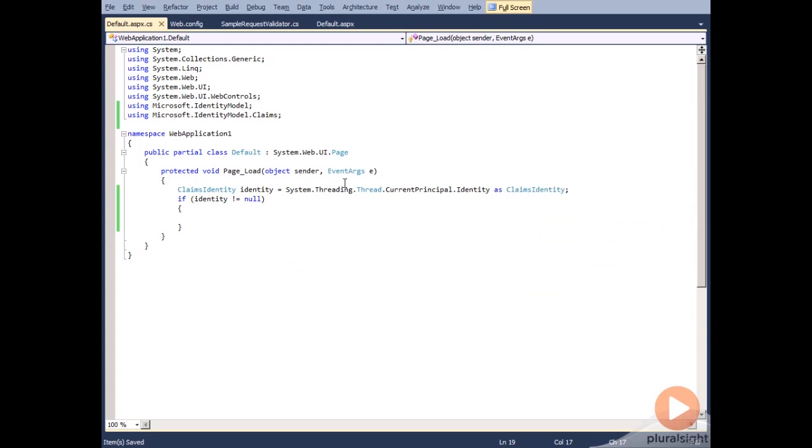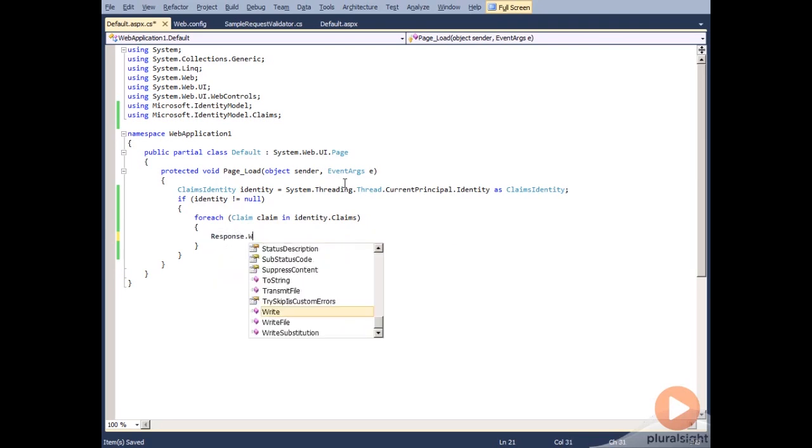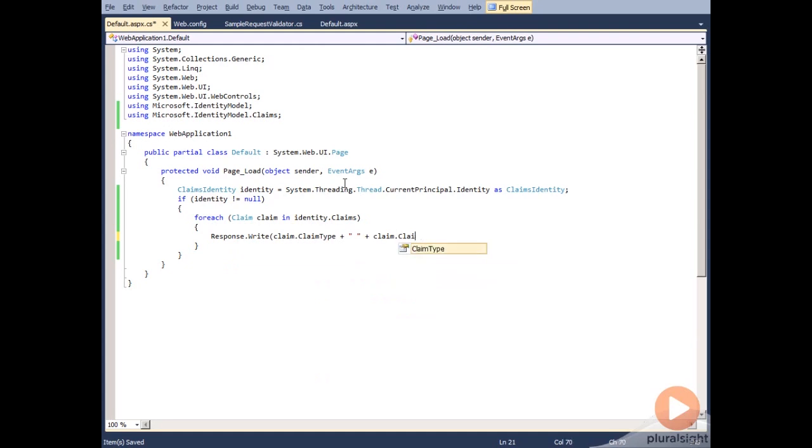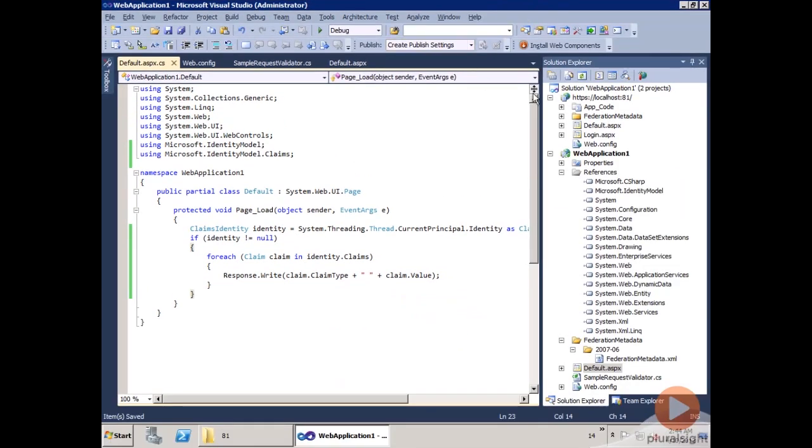But we're still working in .NET 4, so I'm going to go ahead and foreach, and I'm going to say claim in identity.Claims, and I'm going to say Response.Write, let's see, claim.ClaimType plus claim.Value. Let's go ahead and run this, and just to make sure that this is actually working,